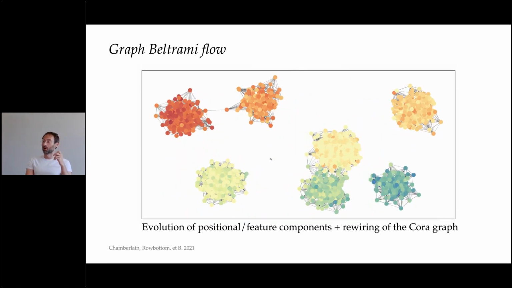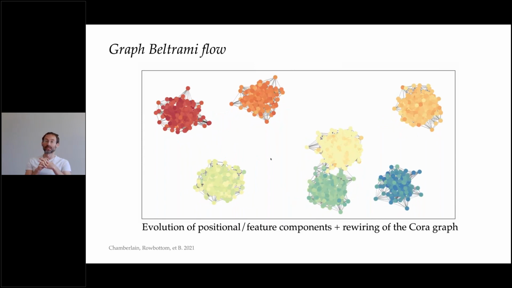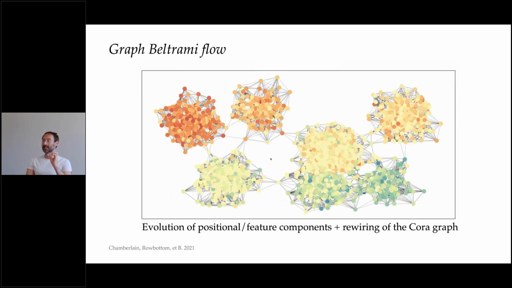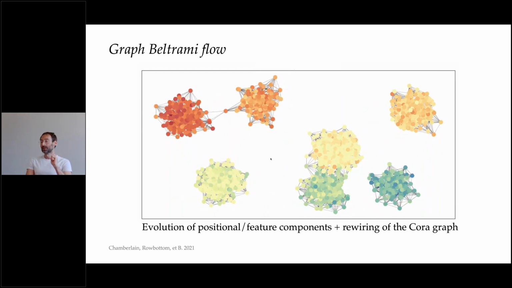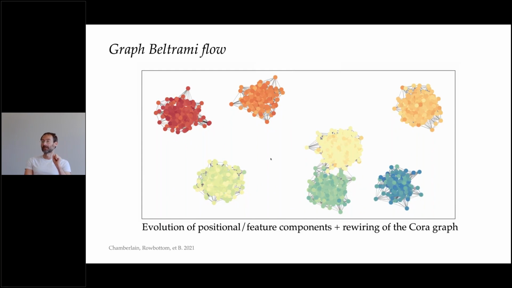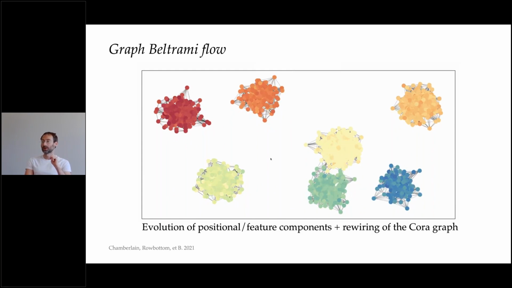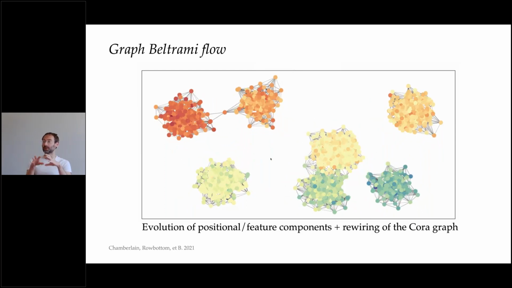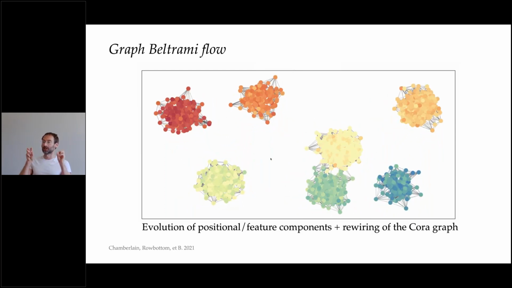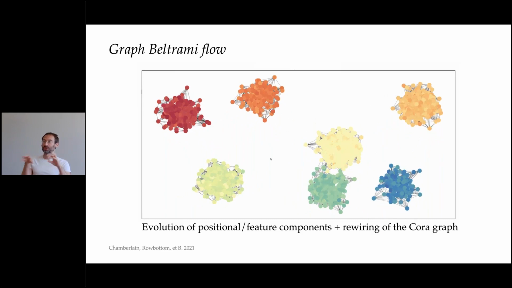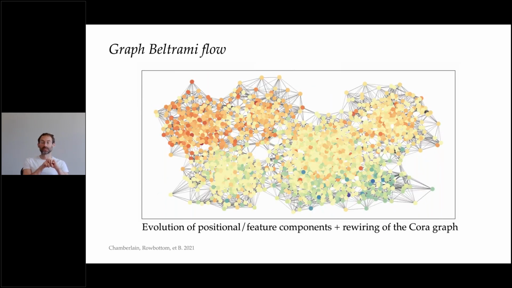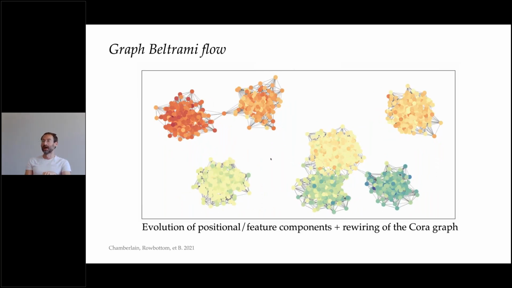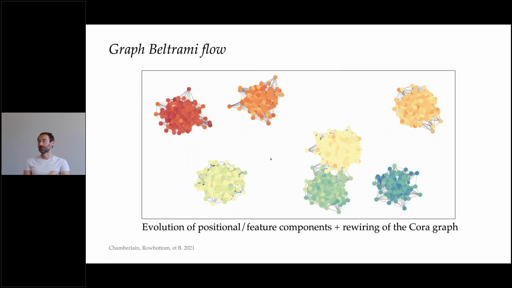So here, this is a Cora graph, one of the classical data sets that are used in graph neural networks. The color of the circles here represents some low-dimensional projection of the features. The positions represent, again, some low-dimensional positional encoding or positional embedding of the graph, and then the edges are changing as we evolve this data set. And you see that the colors are changing and the positions are changing and the nodes are clustered. In this case, the task is node-wise classification. So you see that this kind of representation is driven by the task that we are trying to solve.